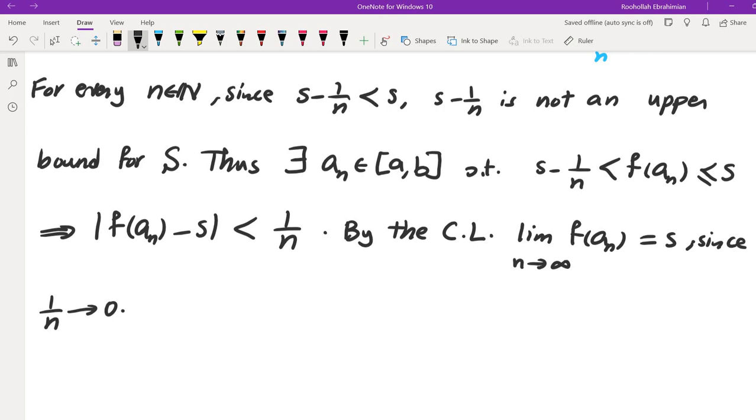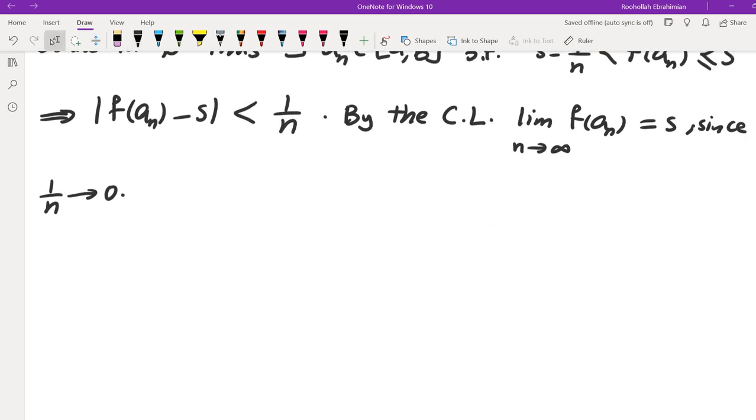If I can show that a_n is a convergent sequence, then f of a_n would approach f of the limit of a_n, and that would mean s must be f of the limit of a_n. However, a_n may or may not converge. So here we're going to use the sequential compactness theorem. By the sequential compactness theorem, there is a